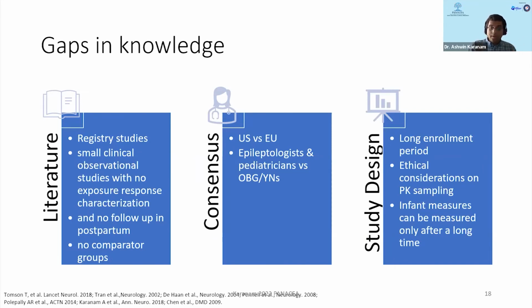And if, for example, you wanted to measure concentrations or exposure in infants, you would have to poke the infants, and think about it, which mother would be okay with that, when you're collecting routine samples from their 2-month-old infant and routinely sticking them? There's also this problem of infant measures, neurocognitive and behavioral development, which can only be measured after a long time, because it is usually at 2 years or at 6 years that these measurements are done. So you would essentially wait 2 to 6 years, sorry, not 2 to 6 months, apologies, 2 to 6 years before these outcomes are available to you. So there are huge questions being asked here. And to tackle this,